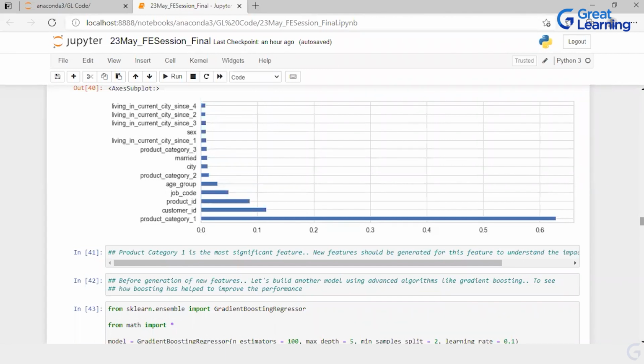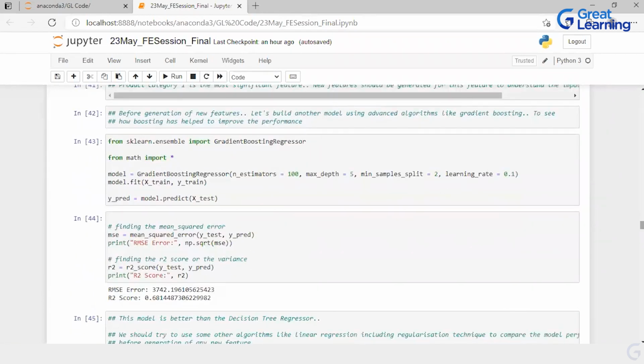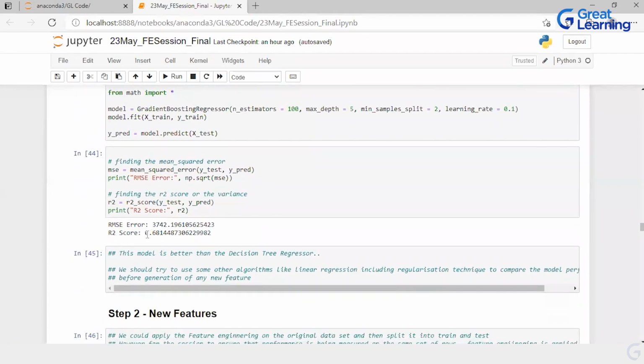Okay. Just from a comparison perspective, after the decision tree, I created another model, gradient boosting. Why did I create that? Because before I end this session, I really wanted to show you that even after doing hyperparameter tuning, if you use a data set which has features which you have created, it will give you better performance. Okay. So we will not get into detail of why I selected 100 and all, but these are the parameters which I will be keeping the same when I get into feature engineering also. Okay. So I used a boosting algorithm. Boosting gave me a performance of 68 and RMSE as